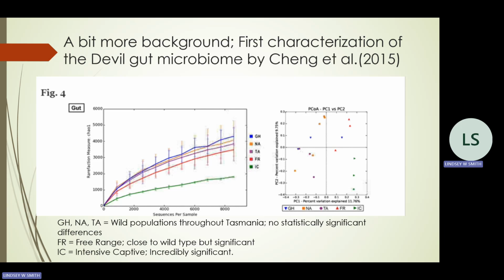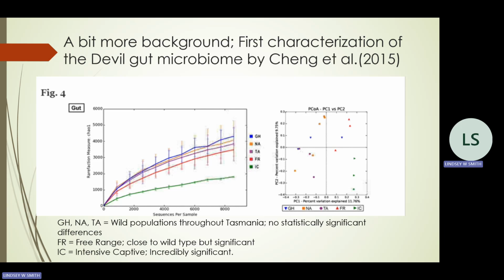So just briefly, in closing of this 2015 study, here's another figure, and it's illustrating the significant difference between the intensive captive gut microbiome compared to the free-range and wild incumbents throughout the island. In this image, you can see several wild populations represented by collections occurring at different locations throughout the island, donated by the GHNANTA. Using the Chao1 verification measure, which is a statistical means of adjusting for differences in sample sizes by determining the smallest sample group and omitting reads from the larger groups,